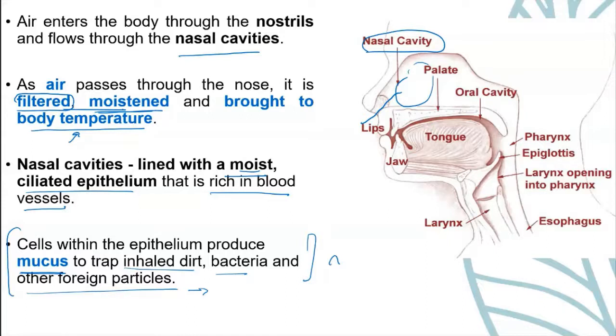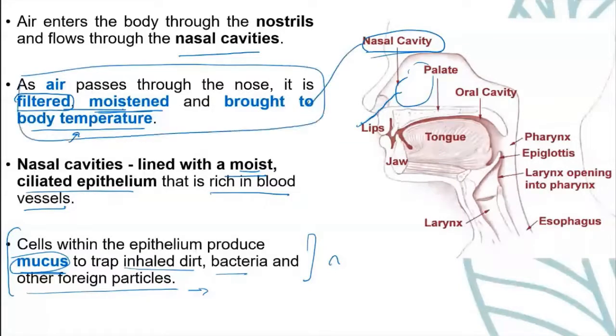So obviously the air that you breathe in contains pathogens or pollutants or other stuff that's supposed to not enter into your lungs. So these are trapped by the mucus. Okay, the mucus. So this is the flow lah kan. So for nostril, nasal cavity, yang ini awak kena ingat what happened in the nasal cavity,